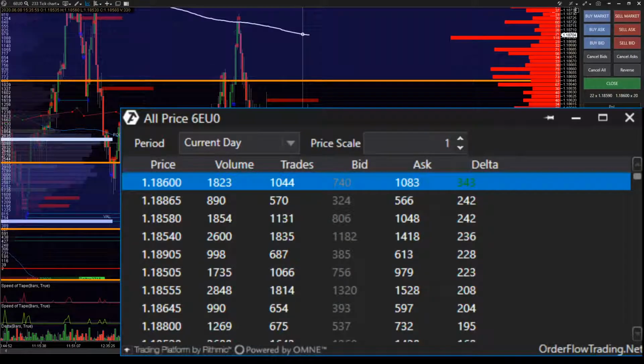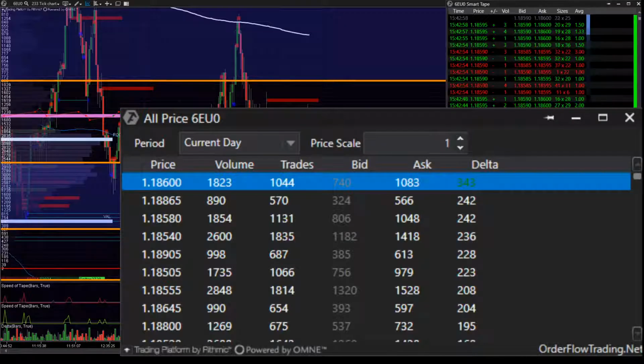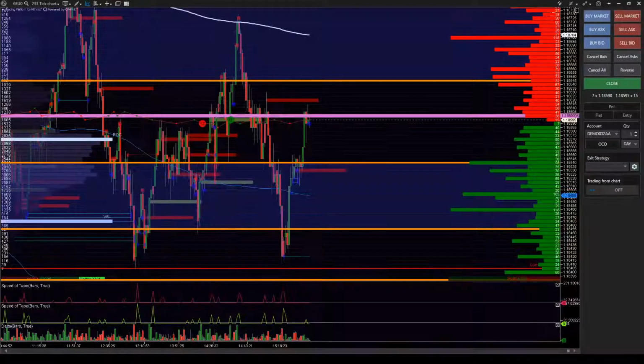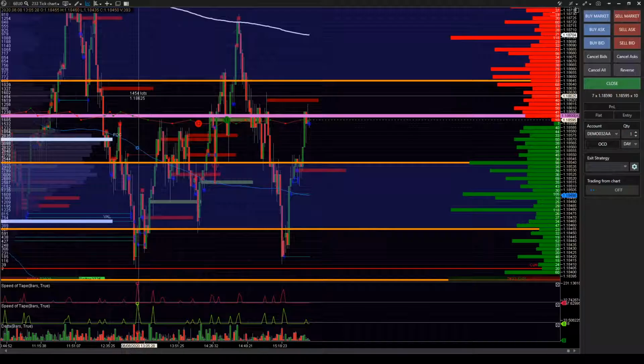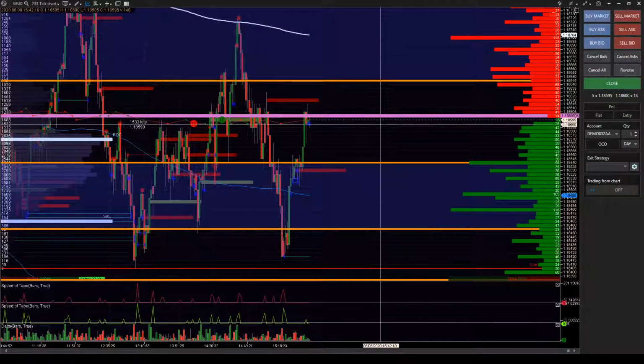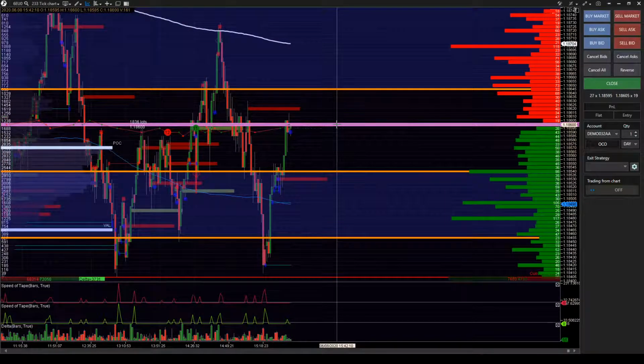1.18600, and I'm going to highlight the price with a horizontal line. You will see that in a minute. The price just hit that. That's why it makes the sound. Here you can see the horizontal line, where the most